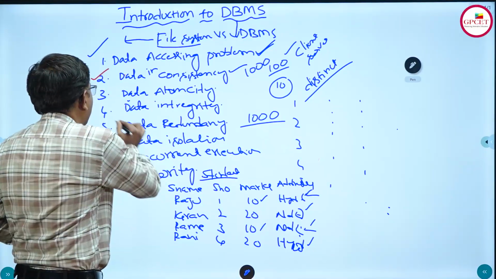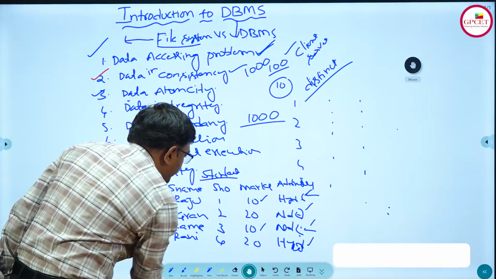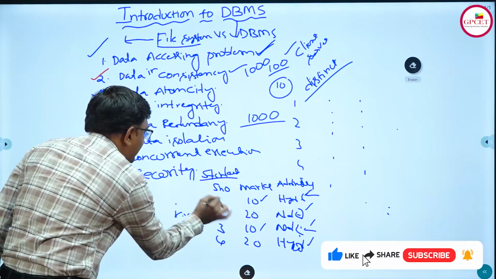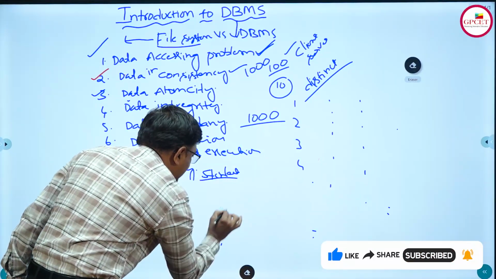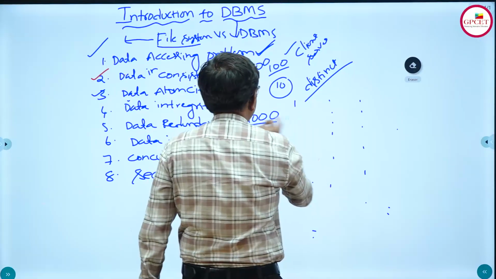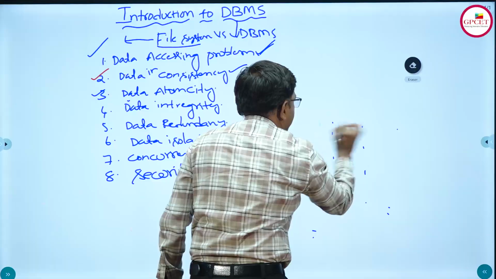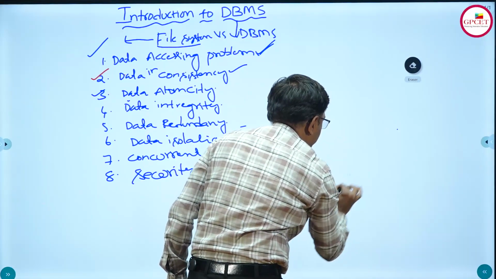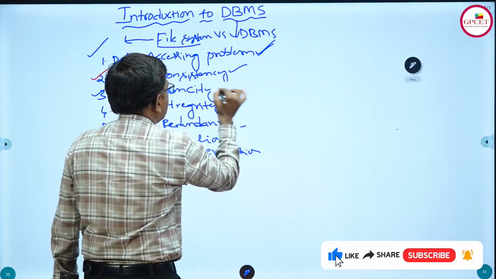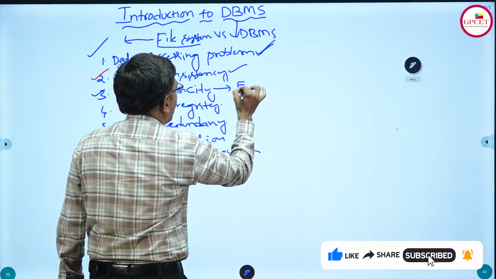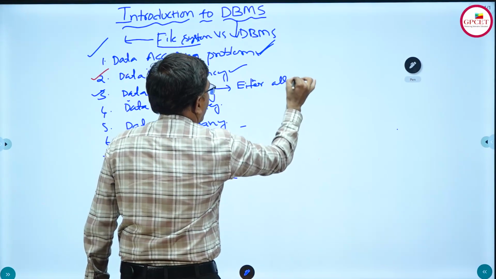Third one is data atomicity. What is meant by atomicity? We will see. Atomicity is nothing but either all operations reflected properly in the database in case of failures. That is nothing but atomicity. What is the actual definition? Data atomicity: either all operations